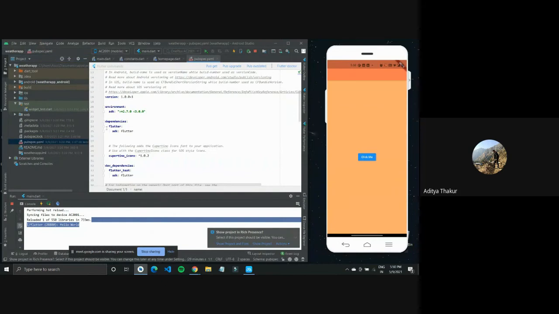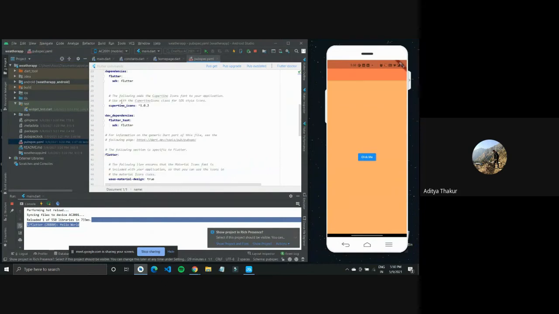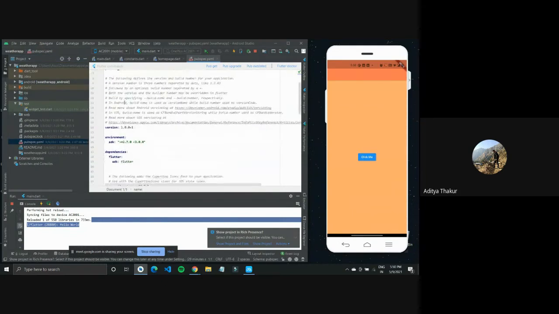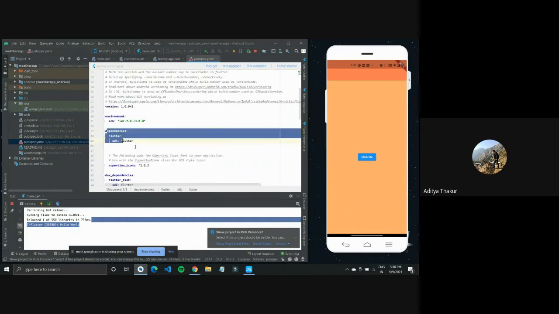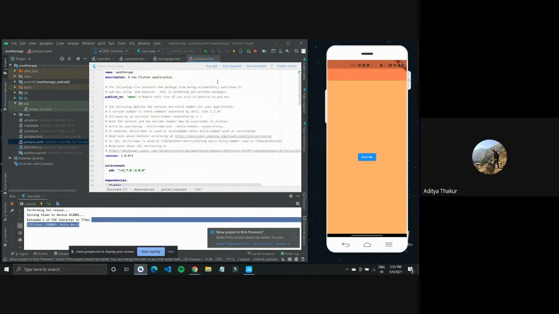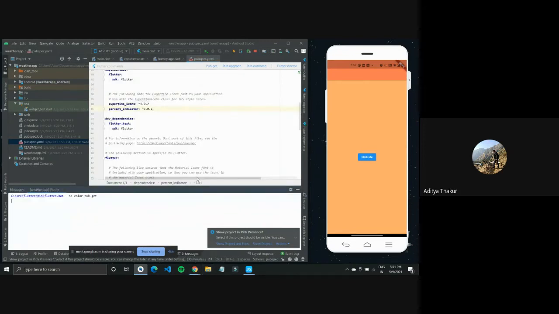Go to this file, come down to dependencies, and under cupertino icons hit enter and paste what you copied, as in type in the package name, put a colon and the version that you want, and go to the top and do a pub get. Pub get gets all the package files for a particular package.